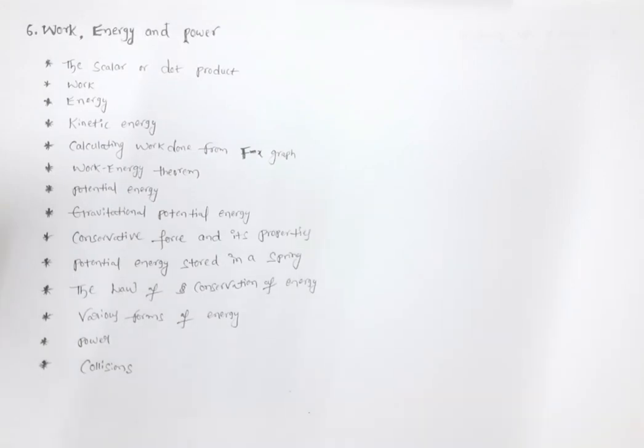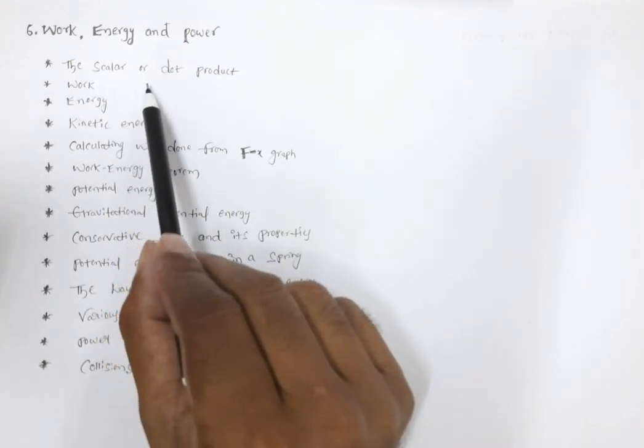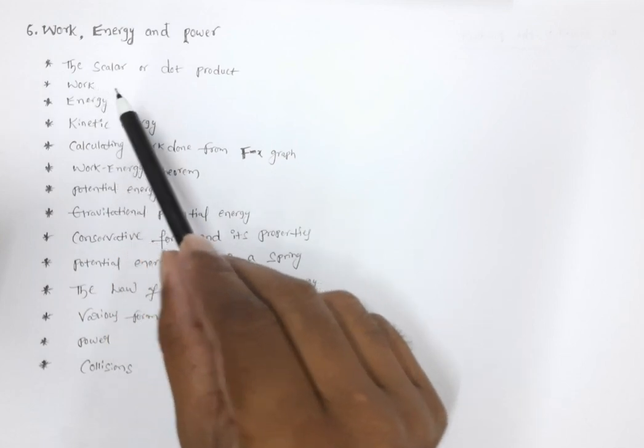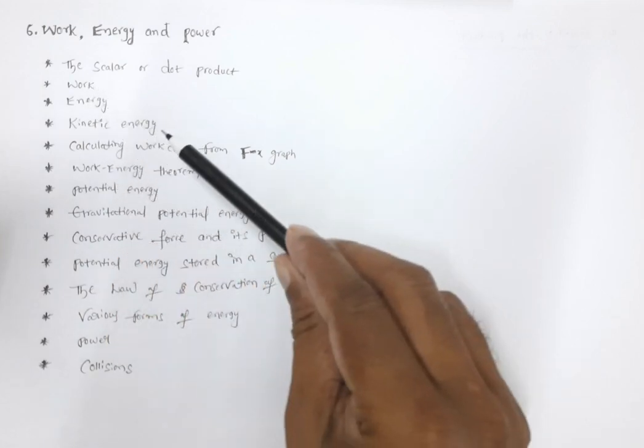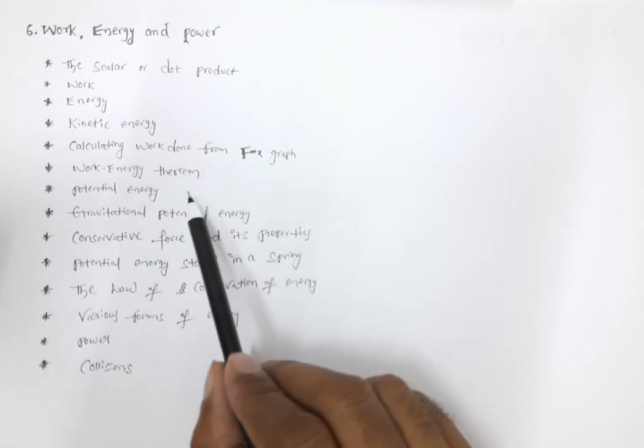Good morning, dear students. The title of chapter 6 is Work, Energy and Power. The topics which we are going to cover in this chapter are: the first one is the scalar or dot product, work, energy, kinetic energy, calculating work done from Fx graph, work